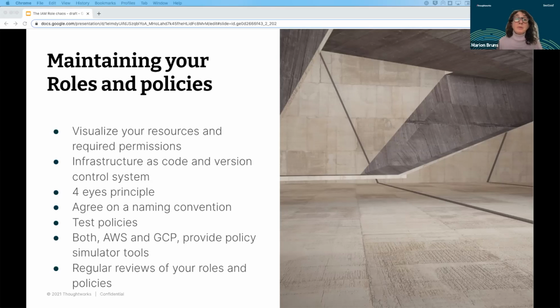It sounds simple, but it's also helpful for all other team members who come into your team later to see what is going on, which systems are there, how they are protected, why, what was the requirement. Again, infrastructure as code should be mandatory, and version control as well. Four-eyes principle, in this case, is good.